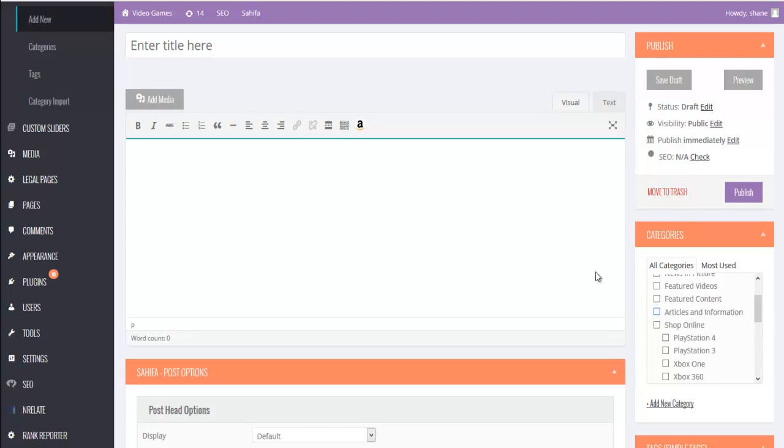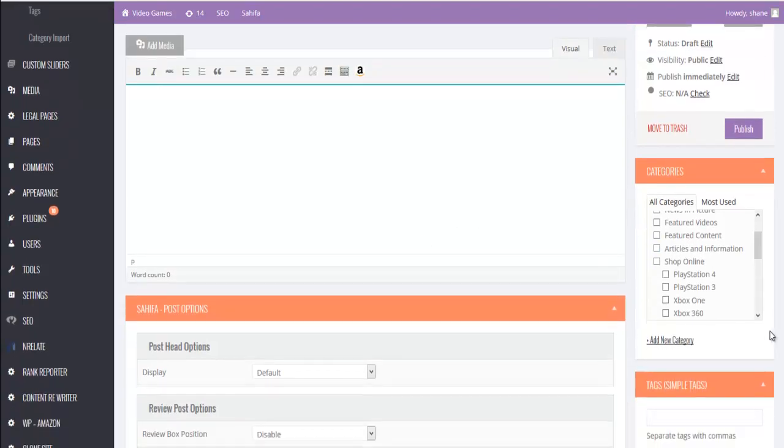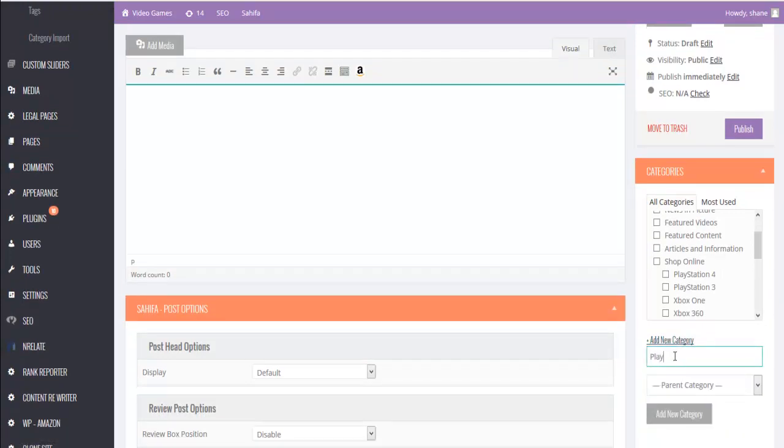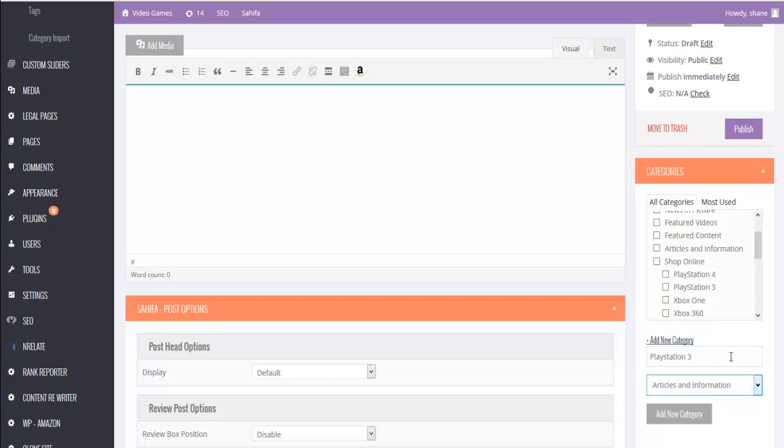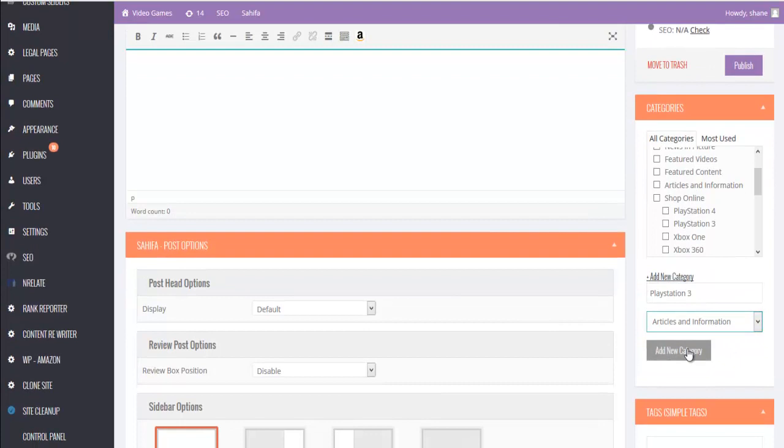So let's say we want to put our article in articles and information, but we also want to put it in another category called PS3. Okay, we'll just call it PlayStation 3, and I'm going to choose articles and information as the parent category. And we'll go ahead and add that. So now I have articles and information. I'm going to put it there also, but